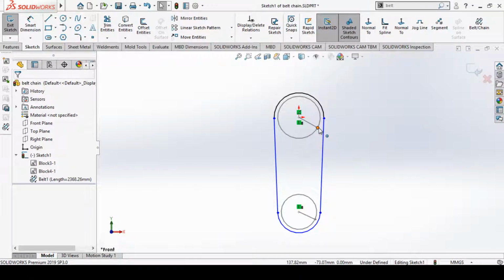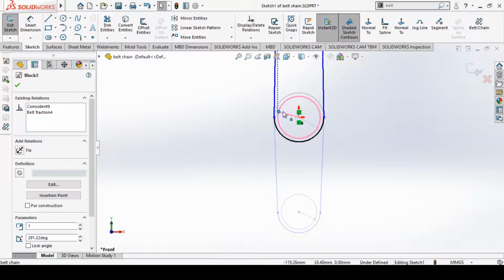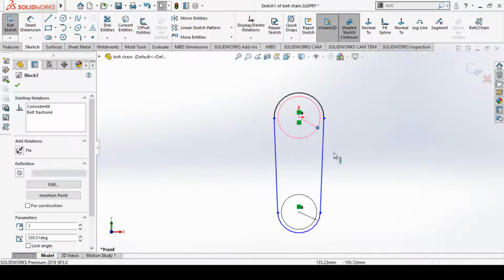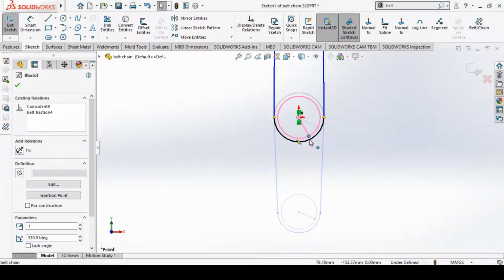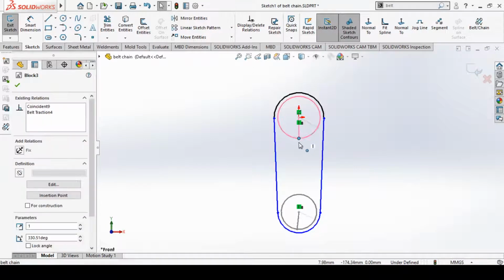Now you can see when I try to move this point which is on pulley 1, about the circle, you have to select the single point, and when you try to move this point over this circle, you can see this other point, or the line on the other pulley, will also move about the same center. So in this way we can see that the belt/chain option is applied to both of these pulleys.